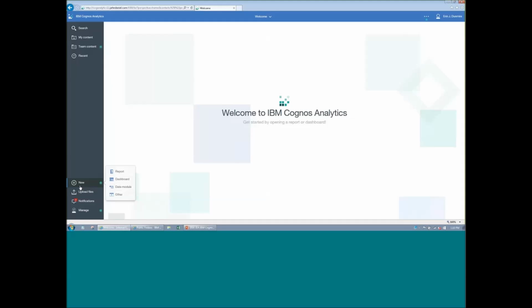You'll notice these little teal buttons next to menu items throughout the tool. There's one over here too. These are hints about what this menu item does. If you click on it, it's going to tell you some information about this menu button. Click New to create a new report, dashboard, or data module. These are very helpful when you're new to Cognos Analytics and can be turned on and off from your preferences,